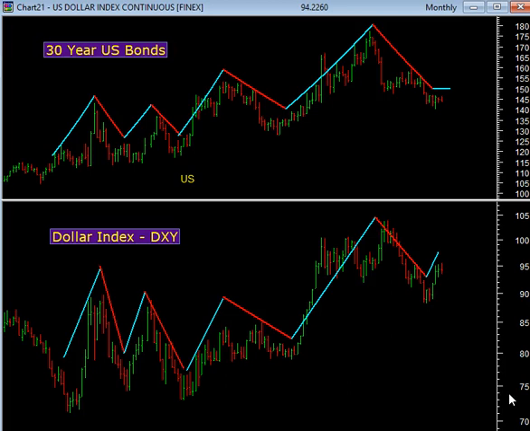And so it was a big move in the 30-year bond, which is one of the charts I'm showing here, and the second is the dollar. So what I was trying to explain, I think in my podcast last year, was that the dollar was actually falling, or was in a bear market, which is what I think it is since 2017, and what you're seeing is a counter trend move up, which is either over or it extends for a while. That's the part I'm trying to figure out, but eventually the next third wave down for the dollar would resume,